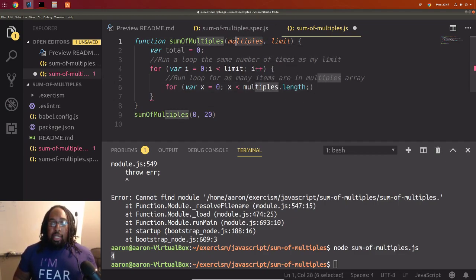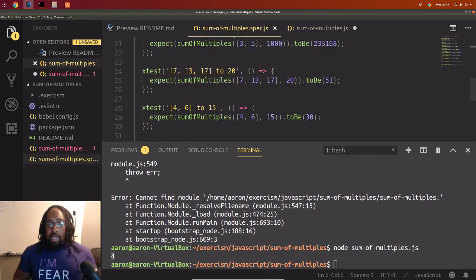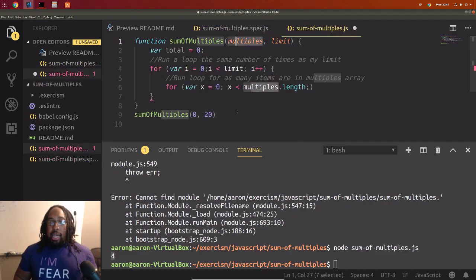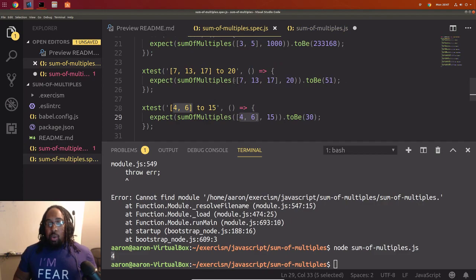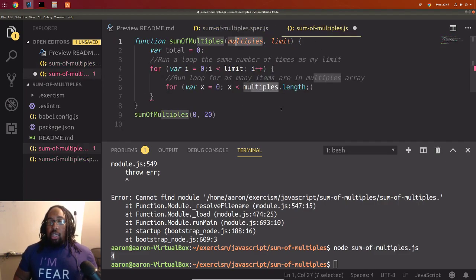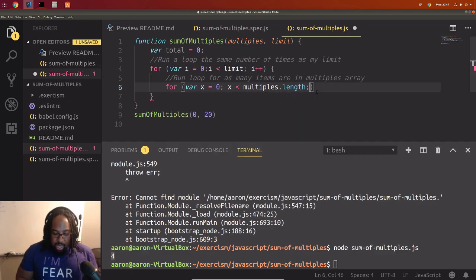So if we pass in something that has 2 in here, the length will be 2, and as long as x is less than 2, it'll run. And we'll do x plus plus again, so we'll iterate here as well.